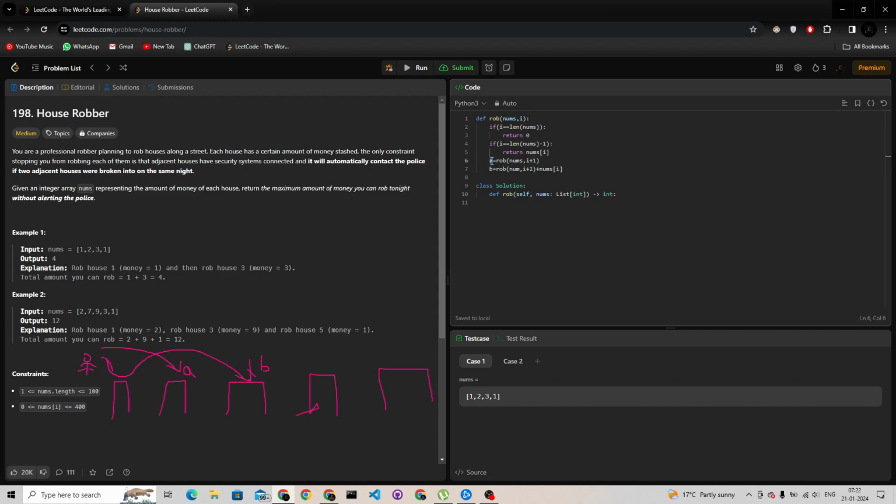Did this step in the future give me the maximum, or this decision may give me the maximum? So we have to check it here. So let's answer b equals to max a b. In the future we don't know which of these a and b is going to give us the maximum value. It can be any of these two, so we have to check it here, and whatever is the maximum we will be returning here. Just have to write return rob